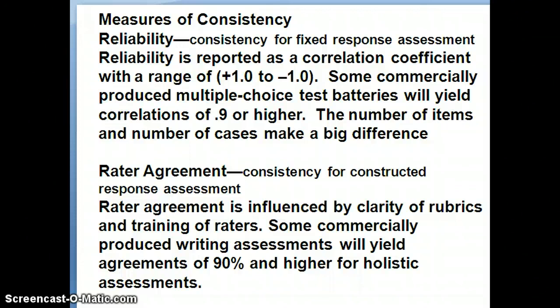Now again, these are cases where people have really worked on clarifying the rubrics, and there's constant ongoing training of raters and checking to see that we don't have what we call halo effect or drift. Okay, measures of